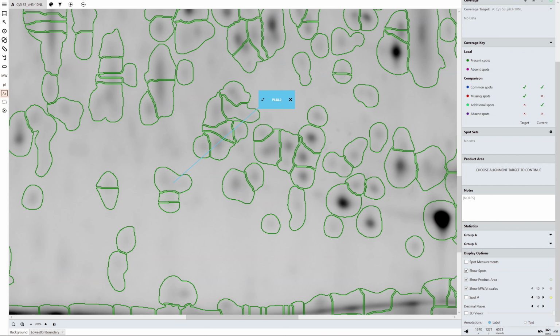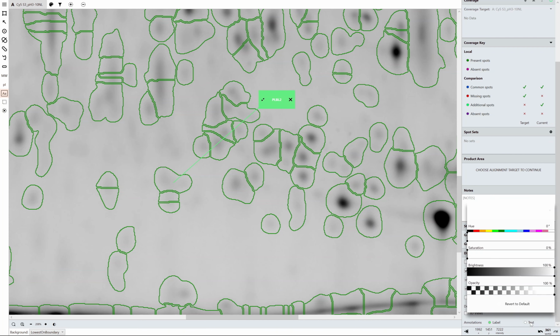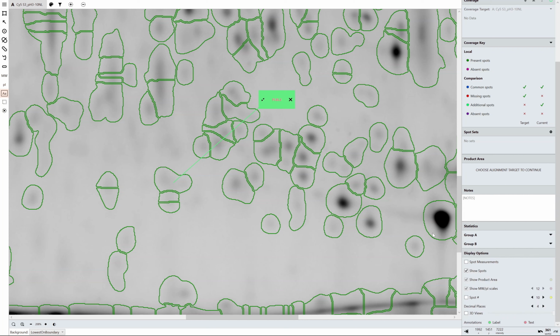If I want to change the color of my annotations or the text, for example, they might not show up very well on an image where the background is black and the foreground is white. So I can change the label color here, and change the text color by left clicking here and moving around the colors that I've got going on. Let's go for a blue here. You can see I've got all the colors of the rainbow open to me to adjust that